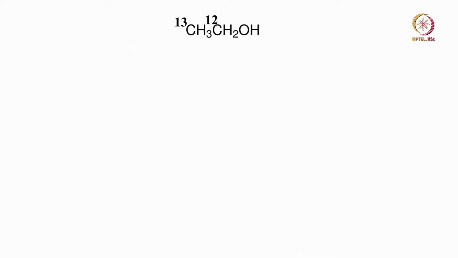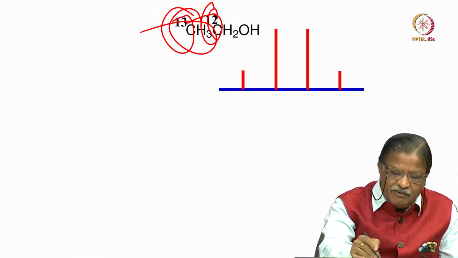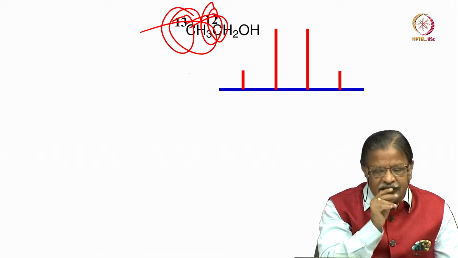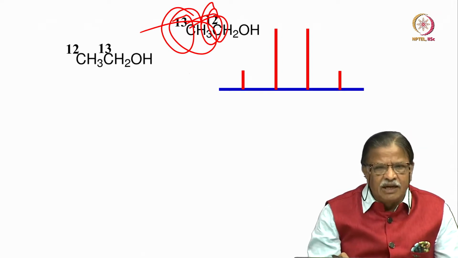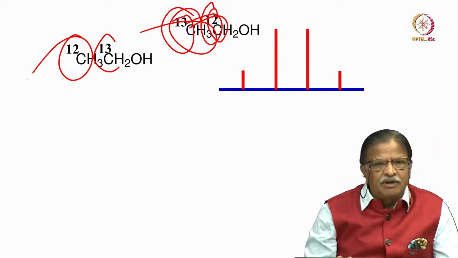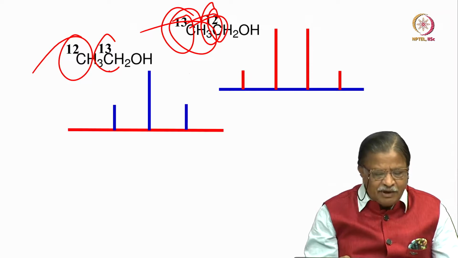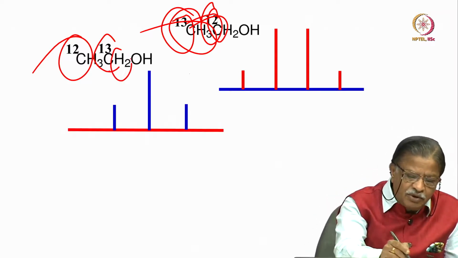How does it come? First consider this molecule, where this is carbon 13 and this is carbon 12. What type of spectrum do you get? I just now showed you, if there is a CH3 group present, you will get a quartet. Perfect. You will get only a quartet for the spectrum. This carbon will not give a signal because carbon 12 is NMR inactive. Now I will consider the other molecule. This is carbon 13, this is carbon 12. What is the pattern you get for this? I just now showed you for a CH2 group, the carbon has to be a triplet because it is attached to 2 equivalent protons.